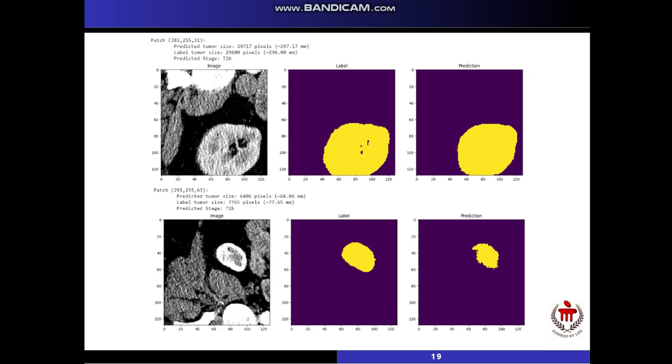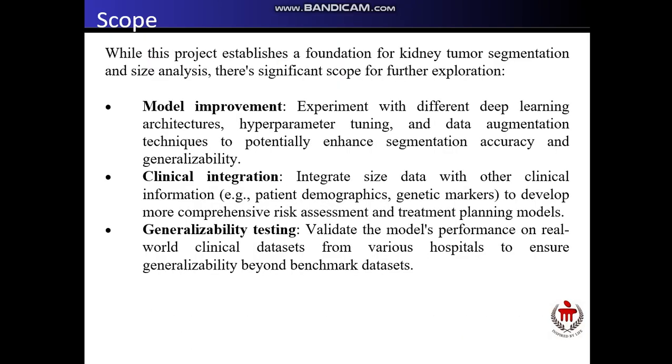As you can see in both the cases, one is the ground truth as well as the prediction. We can see that the ground truth and the prediction go well hand in hand, with most of the tumors segmented appropriately. So the scope of this particular future work is that we can take this up further. First, we can improve the model by applying more hyperparameter tuning to suit a particular data set. Next, we can take this up